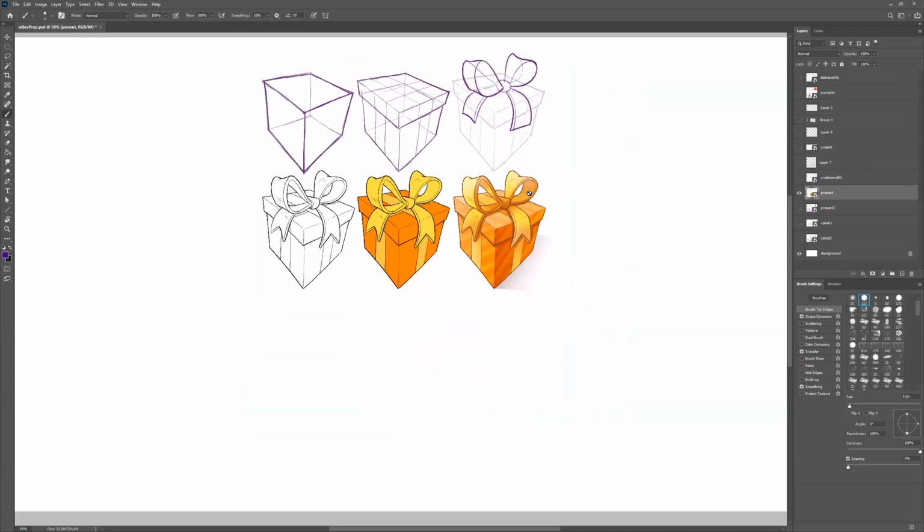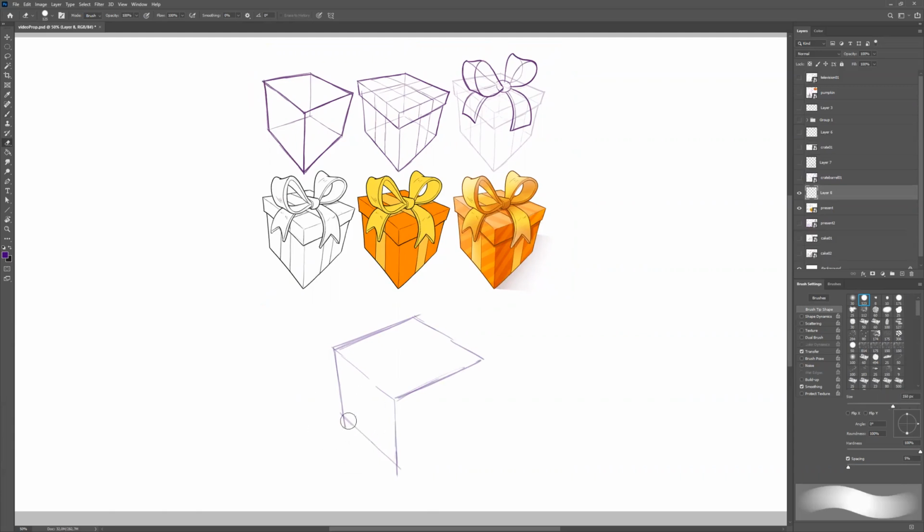But let's start really simple with this present. And while I'm drawing this present, let me also share a bit more about why it's important to learn how to draw props. As I said earlier, it could be a great thing to learn to draw first, to get a job at a game company or working for a TV show